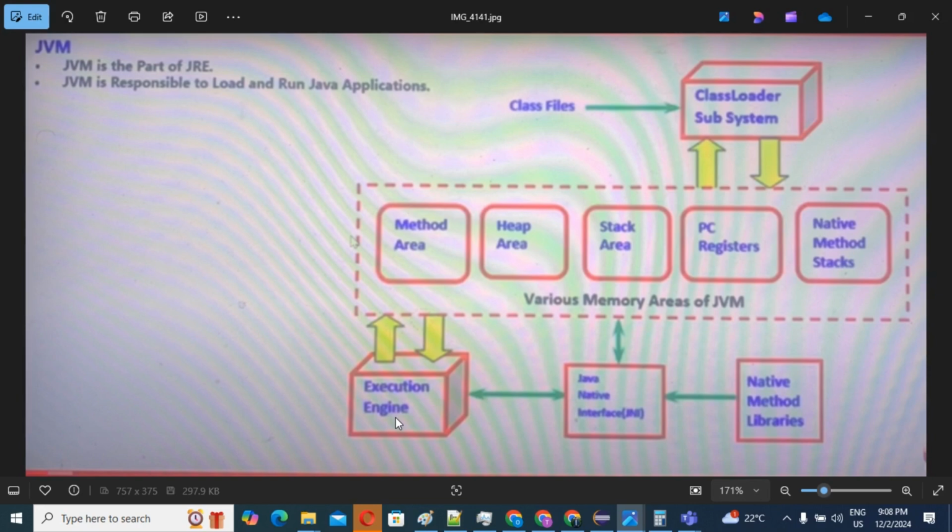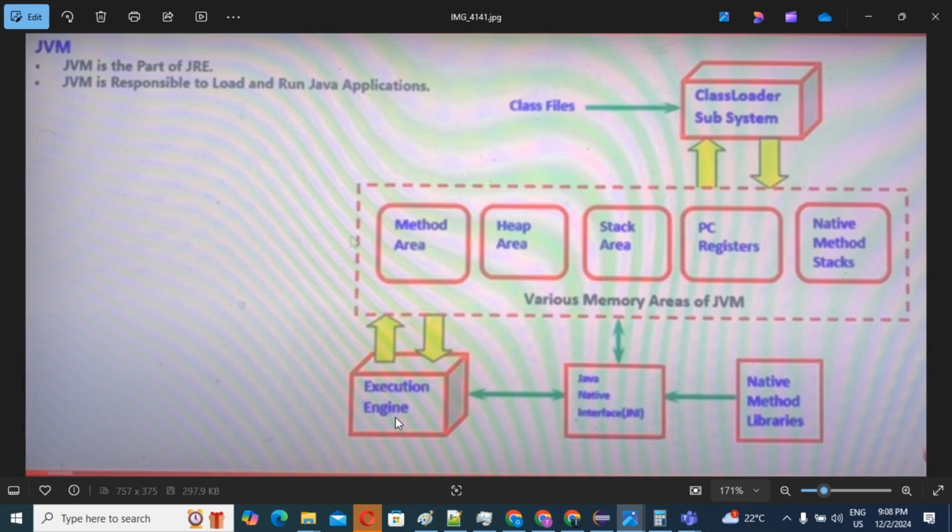With the help of this interface, it gets all the respective methods required by the execution engine. Then it can run the application, because the execution engine runs the loaded .class file.